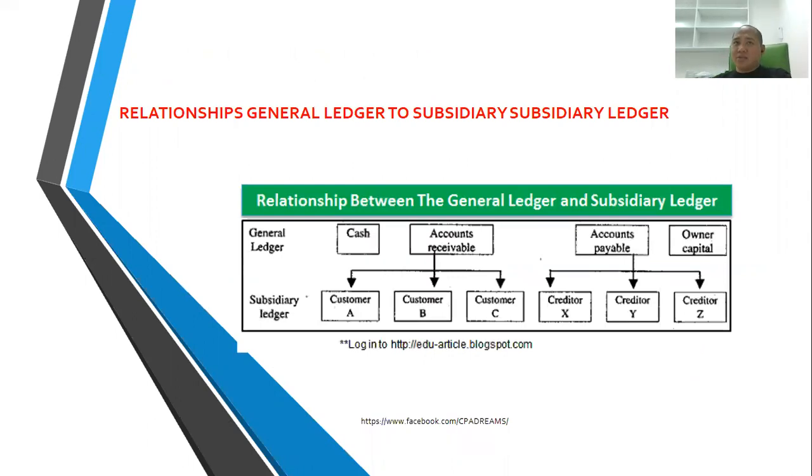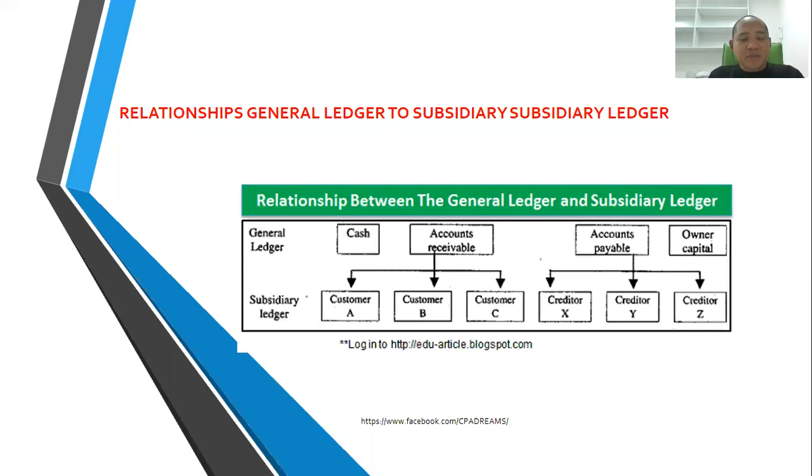And what is the relationship of these ledgers to the general ledger? You can see on the top, the general ledger accounts: cash, accounts receivable, accounts payable, owner's capital. In the accounts receivable ledger, you will see customer A, customer B, customer C. So meaning it is relieved of too much detail. There is a breakdown of the transactions that happened in your general ledger or your main control account. Okay, so what are the advantages of the